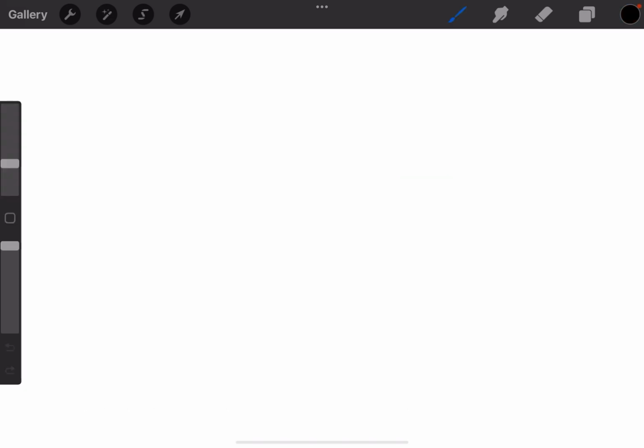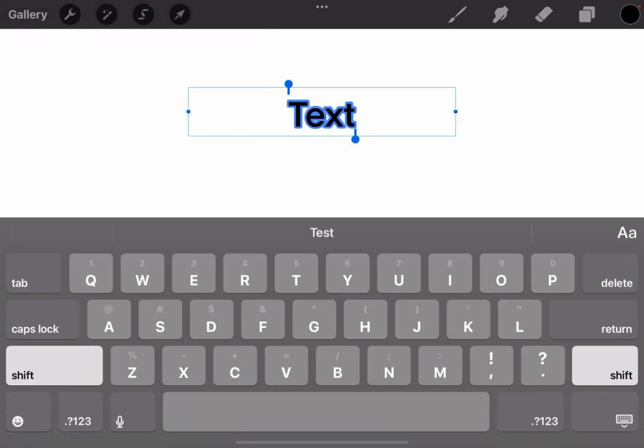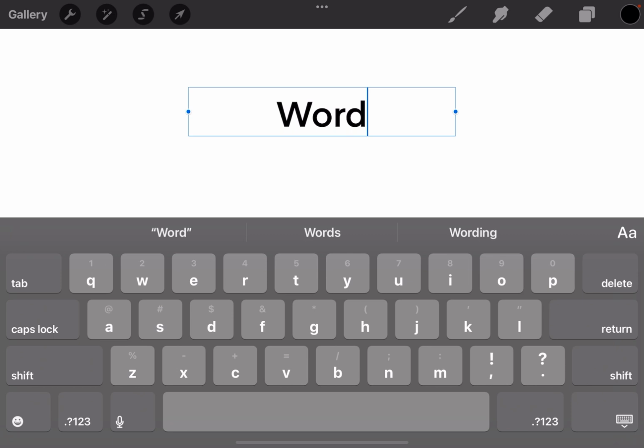Okay, today I'm going to show you how to add some shading or depth to your text in Procreate. First, to get text in Procreate, you go to the Actions menu, looks like a wrench, go to Add, hit Add Text, type whatever word you'd like to have, and then to change the font,